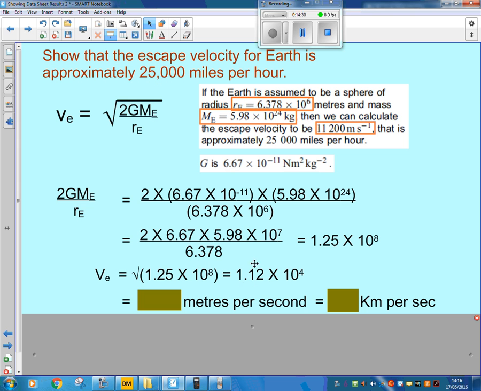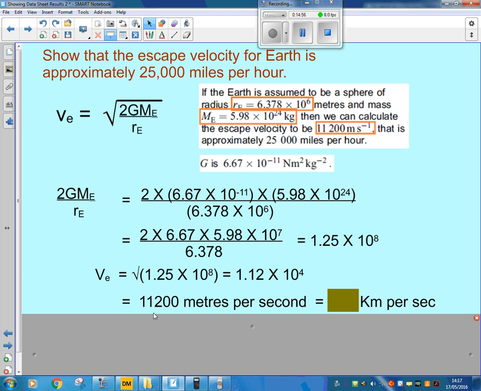This is in meters per second. You'll see that we're dealing at the moment with standard SI units, kilograms and meters and so on. So we want to get rid of the standard form first of all. I'm multiplying by 10 to the 4. If I multiply by 10 to the 4, it's like moving the decimal point 4 times, or moving the numbers across 4 times, and I get